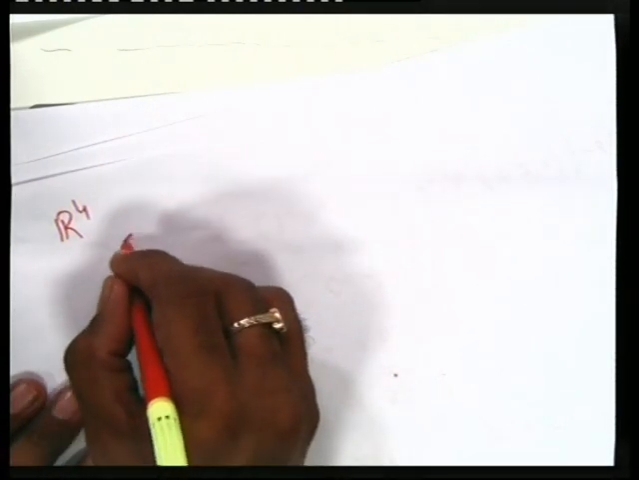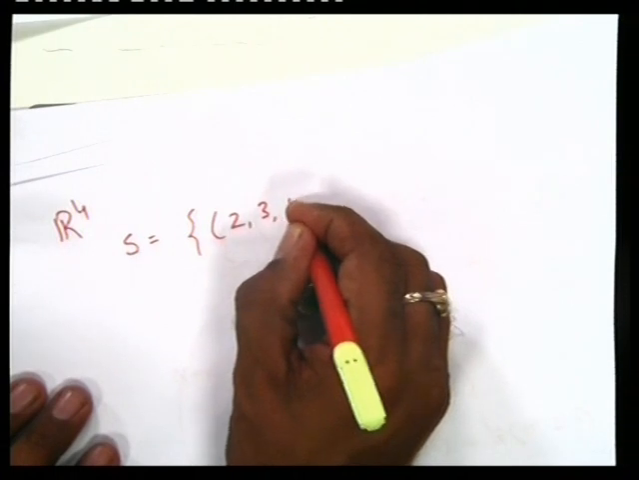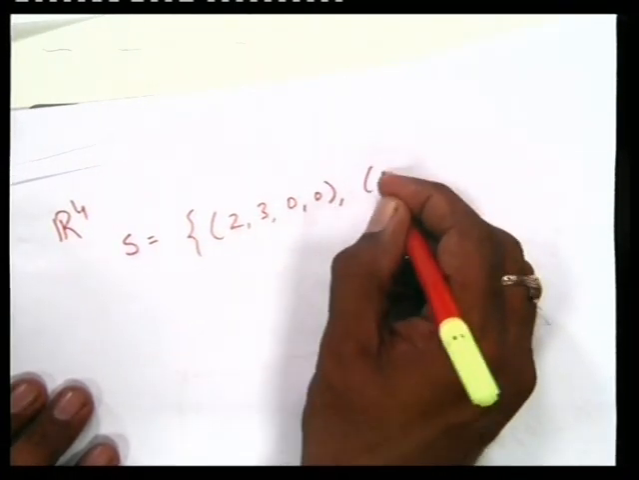There are so many examples. Let us consider the vector space R4, and let us take an example. S is equal to, say, (2, 3, 0, 0, 5,